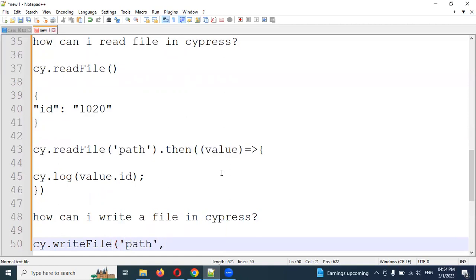Then we use a curly brace, and whatever values you want to write. You can provide the name, name colon, whatever name you want to provide. In my case I am providing testing, okay, and comma, and then a last name,